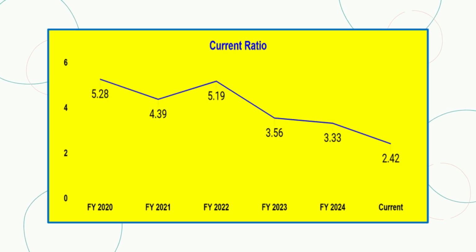obligations. Moving on to CDSL's current ratio, which measures the company's ability to cover its short-term liabilities with its short-term assets. In FY 2020, the current ratio was 5.28, indicating a strong liquidity position. This ratio has gradually declined over the years, reaching 2.42 in the current period. A decreasing current ratio suggests that CDSL's liquidity has reduced over time, but a ratio above 2 still indicates a solid ability to meet short-term obligations. This trend might reflect CDSL's efforts to use its assets more efficiently or invest in growth opportunities while still maintaining